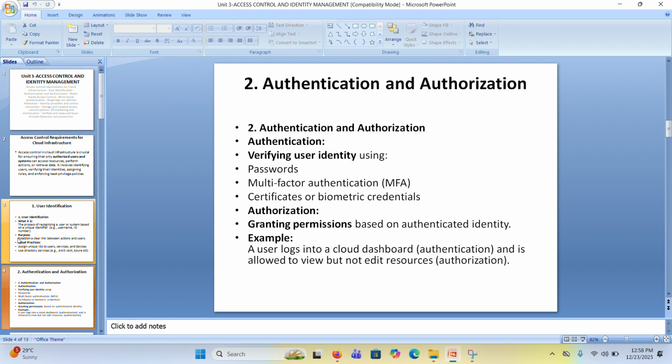In the authentication, we have verifying user identity using passwords and multi-factor authentication, certificates or biometric credentials. Authorization is granting permission based on the authenticated identity. For example, a user logs into a cloud dashboard through authentication and is allowed to view but not edit resources